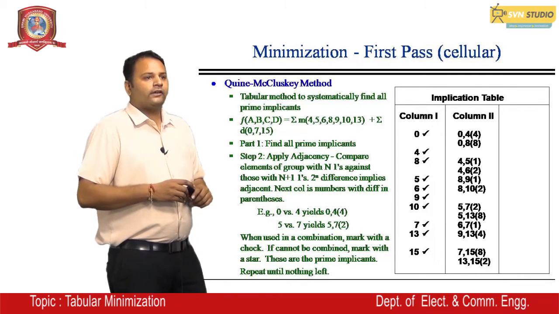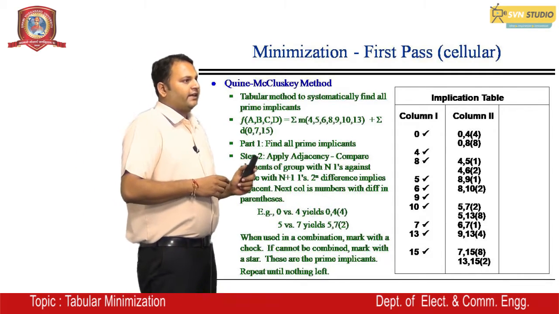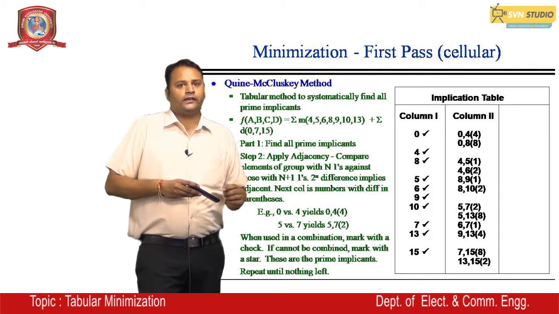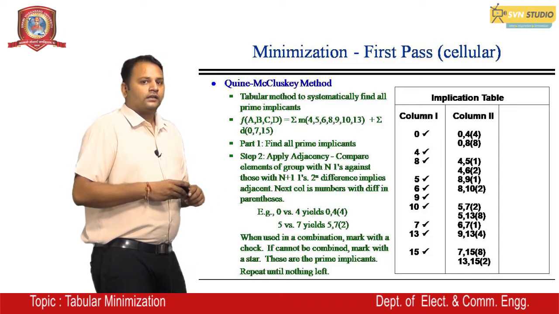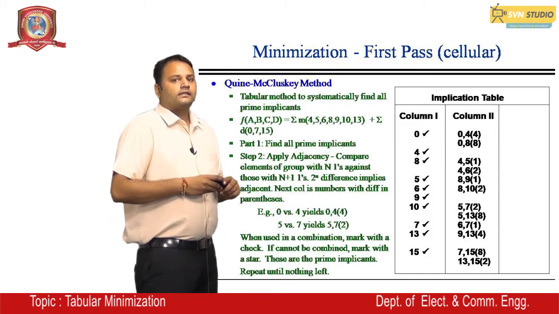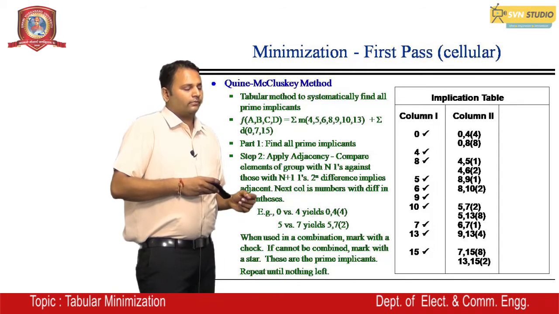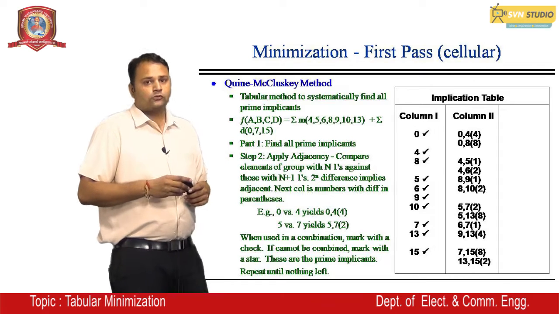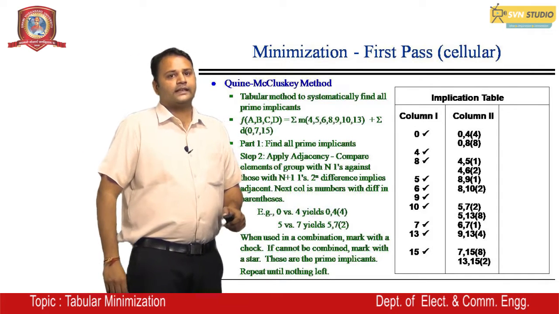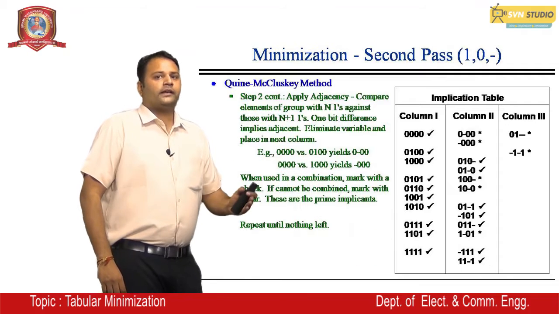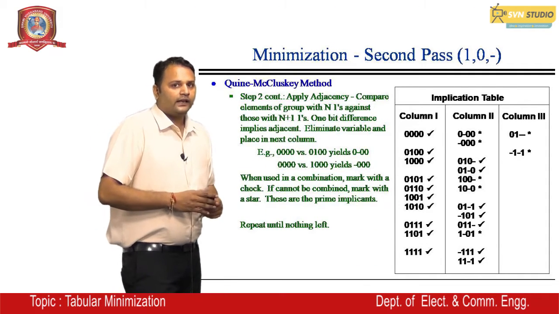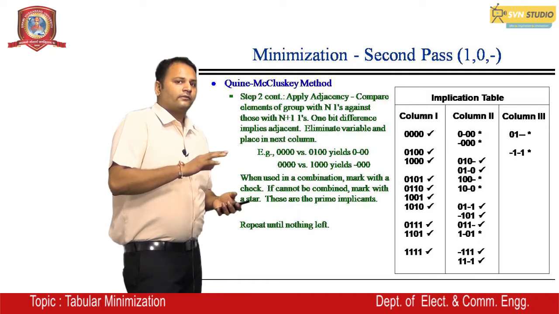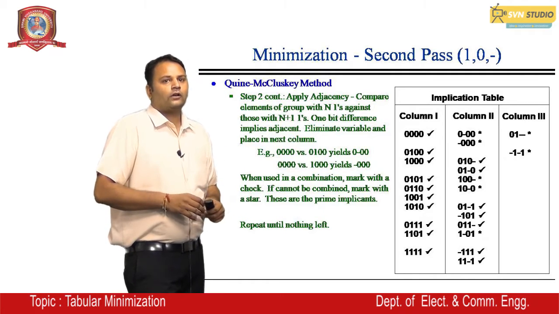Next we will take 7 to 15. 7 and 15 can make a group that has a difference of 8, and the number of ones is 3. Next 13 to 15, it can also make a group that has a difference of 2. Now we will see that the column table has become like that. So the second column is made, then we will have to implement again and make a column of 3.